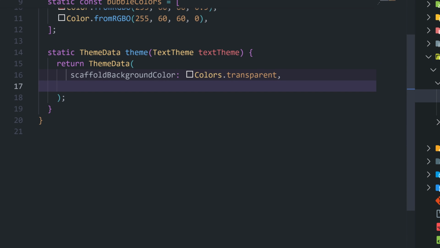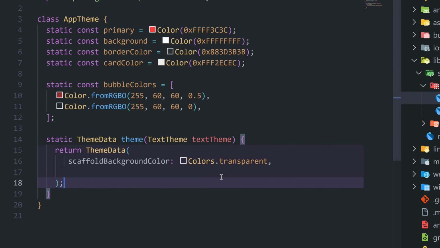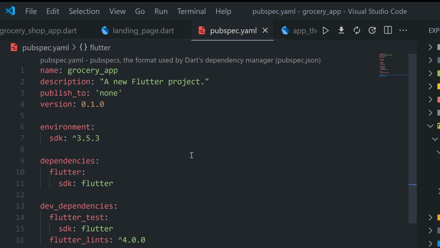We're going to have a transparent background color, so we'll pass the scaffold background color as transparent. And for the text theme, we'd like to have a different font. I haven't imported Google Fonts, and for the text themes I'm going to use the Google font, so I can come back here, or